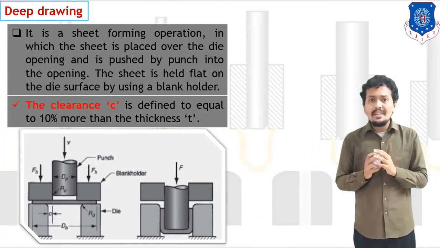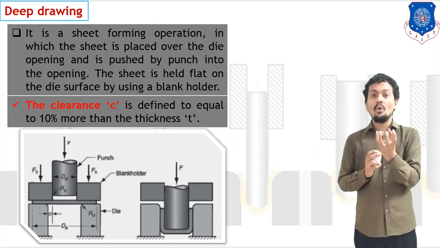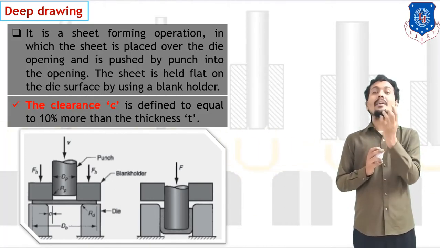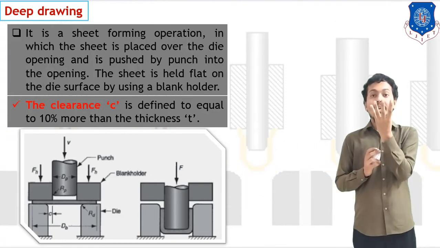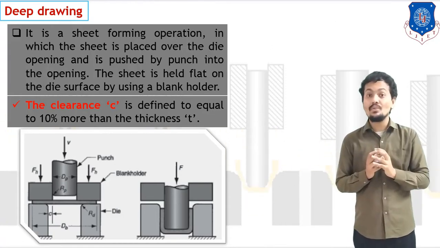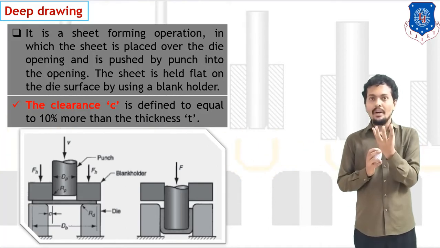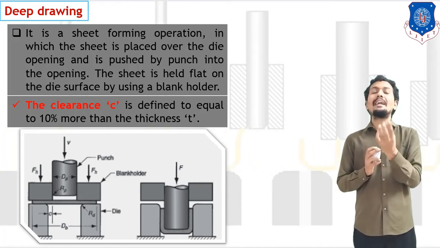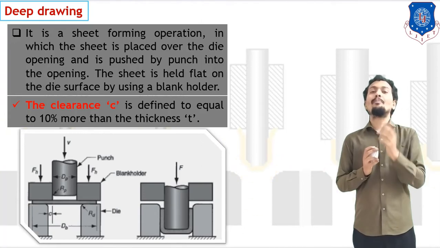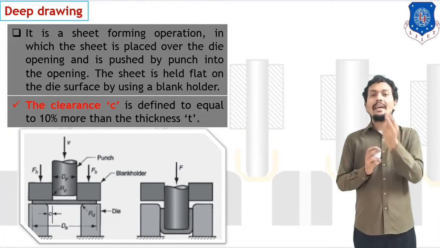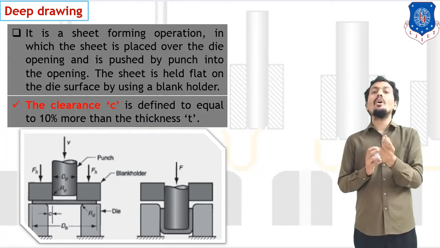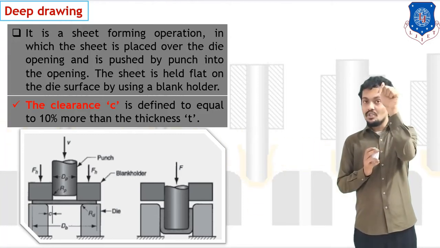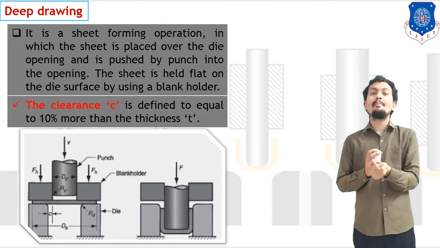So what happens here? With help of the punch holder, pressure is given on the outer periphery of our material, right? So here the punch holder is shown in this figure. With help of the punch holder, our sheet metal can be held at the outer periphery. After that, we can operate the middle punch. It means when we apply the punch in the downward direction, what happens?